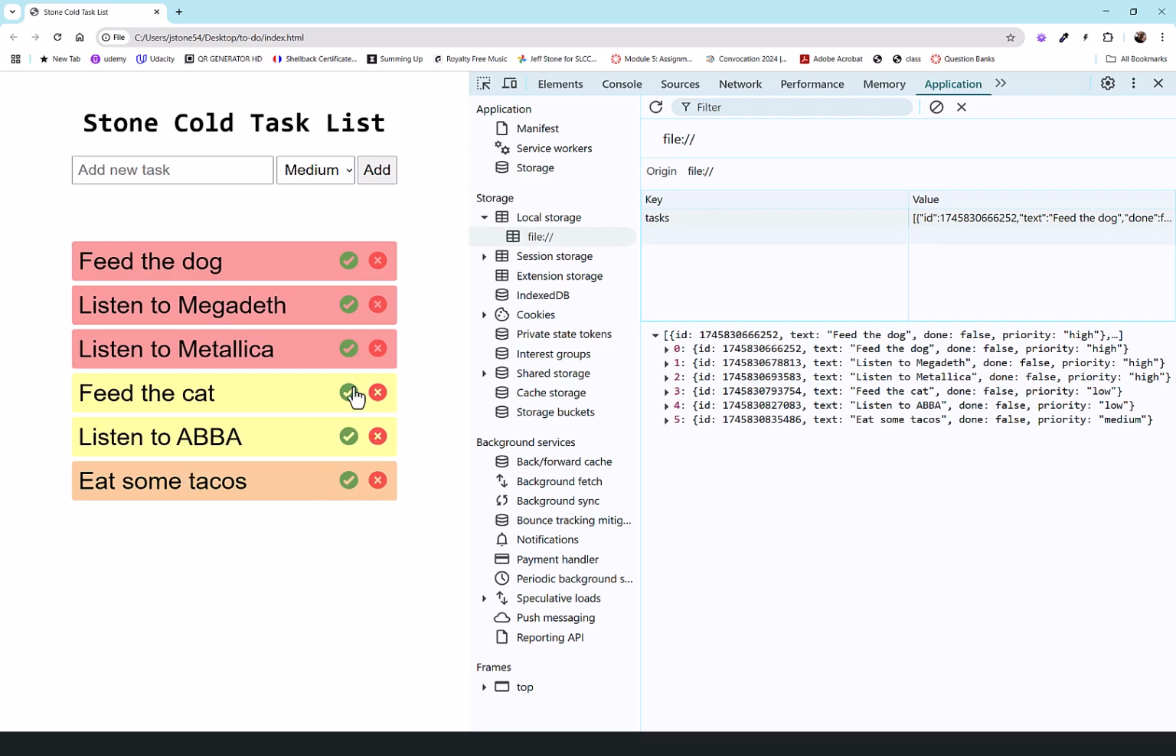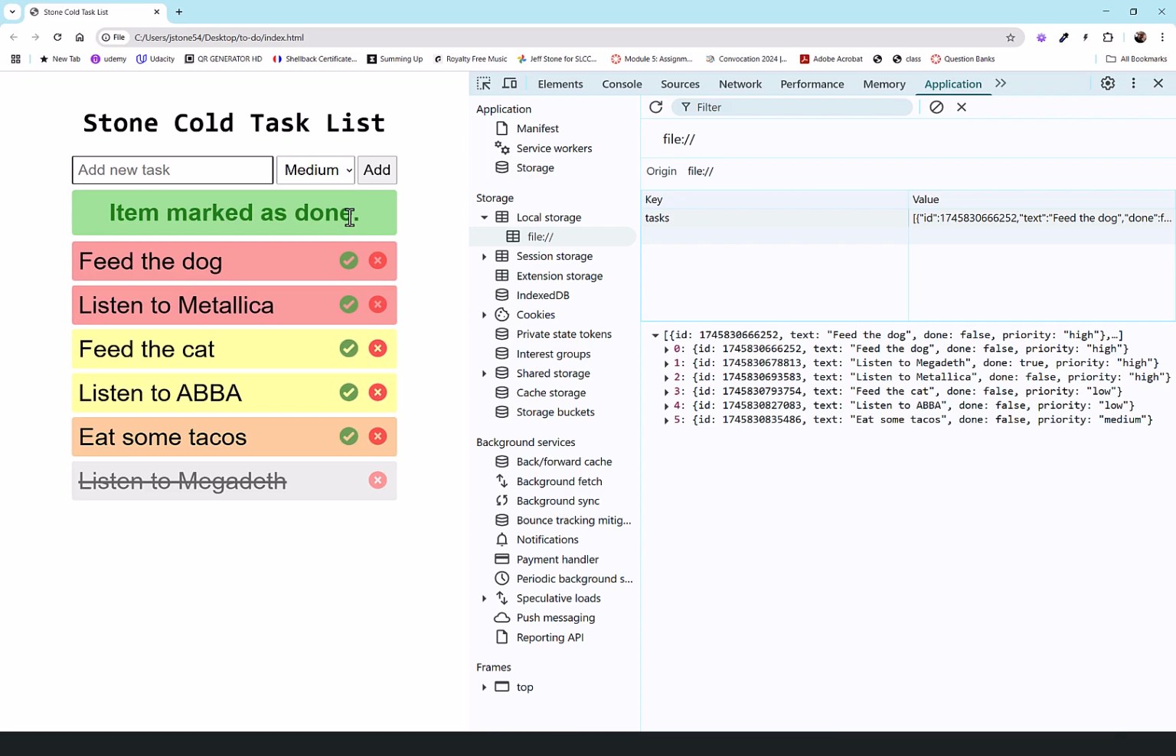Let's say we listened to Megadeth today, so I'm going to check that off. Item marked as done, that animated in and out. And notice it moved it to the bottom of the list. And it's a different color from the priorities, and the checkbox is gone, right? You can also see, if we look back over here at the object, it changed the done property to